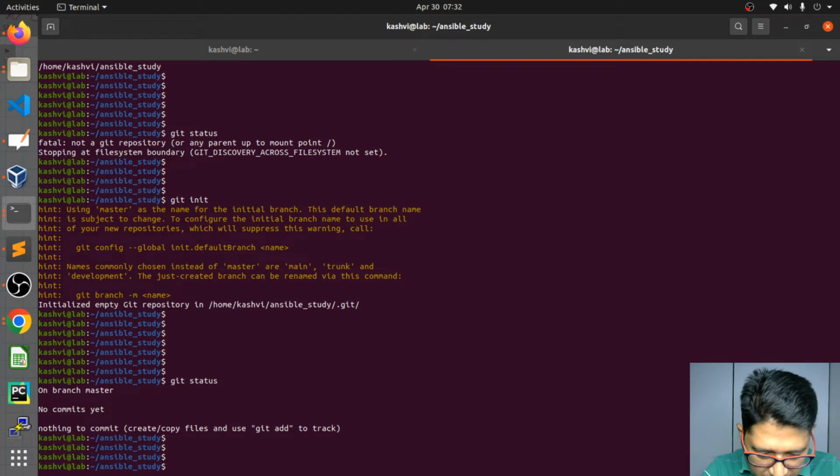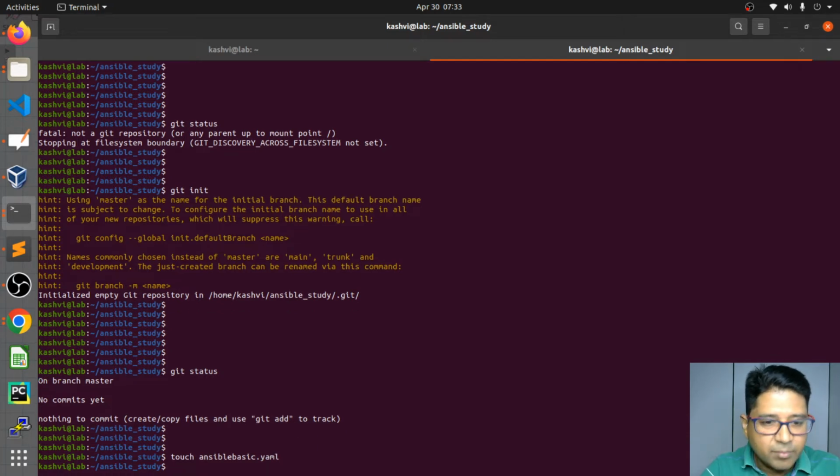So I'm going to create one file with touch, ansible test.yml, or ansible basics.yml. Okay, so that's a YAML file, it's created, and now I can check this file by writing in any